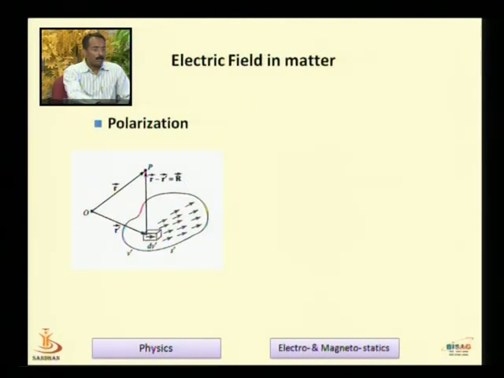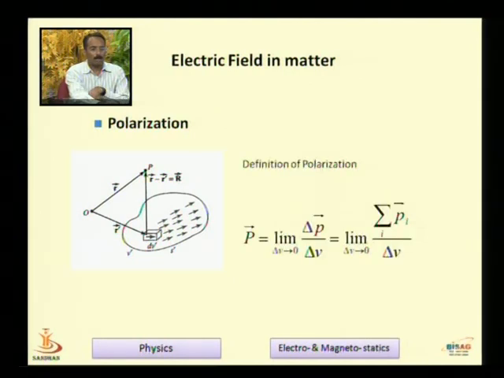Once the atom is polar, we can define polarization. The definition of polarization is given. You can write down polarization as a summation over the dipoles, taking a limit. You can define polarization within a given volume, and then consider the situation where the volume goes to 0, that means we are considering a very, very small volume. So you can write down polarization.